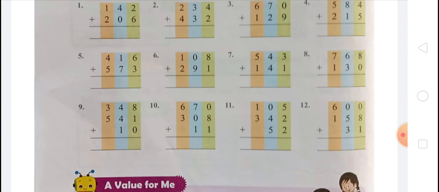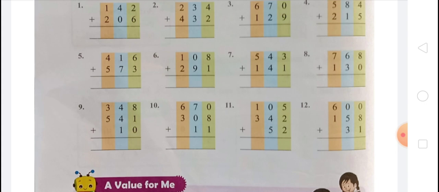And after that we have to add tens places, that are 4, 4 and 1. There will be 9, because 4 tens plus 4 tens equal 8 tens, and plus 1 ten equal 9 tens. And after that on 100 place, there is 3 and 5. So 3 and 5 equal 8, and hence we can say 300s plus 500s equal 800s. So the answer is 899. Question number 10.